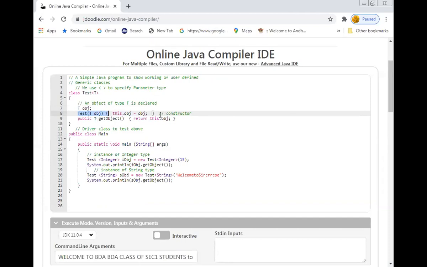So here it is a constructor. It is also an example of a generic method because the parameter is of generic type. So that is the reason the constructor is also called a generic method. Okay, and public T getObject, return this.obj.